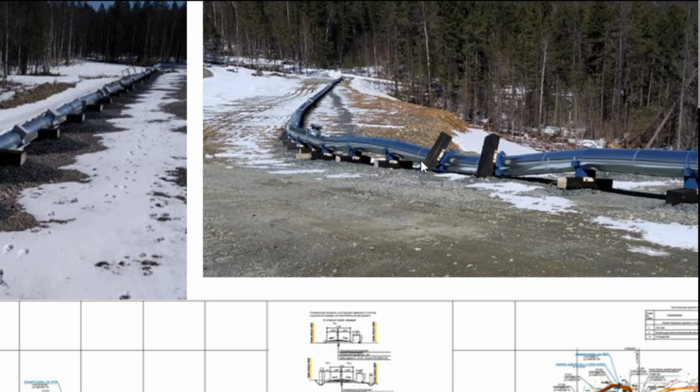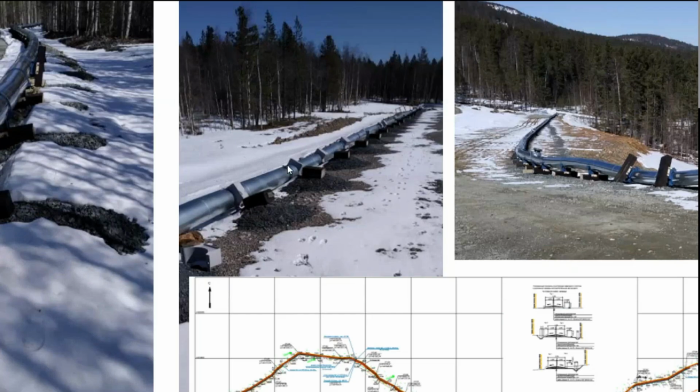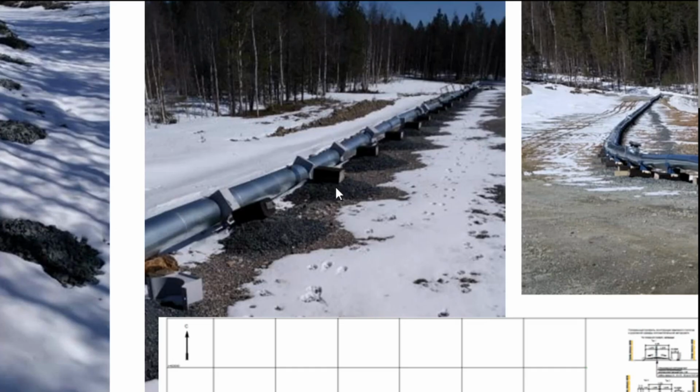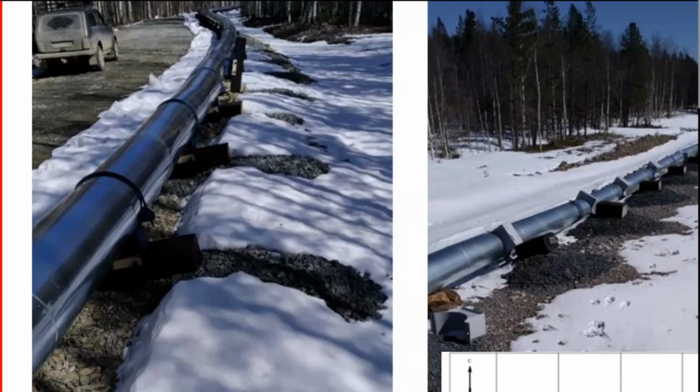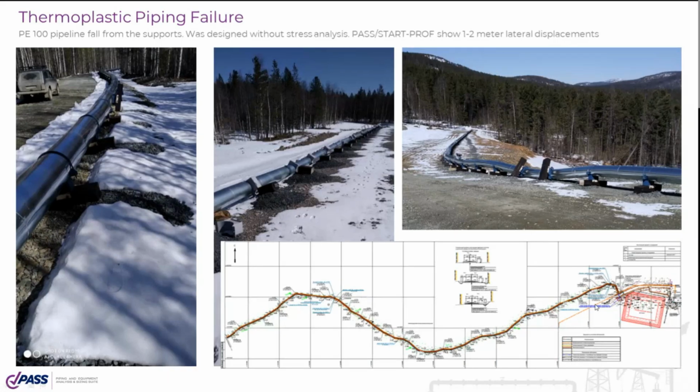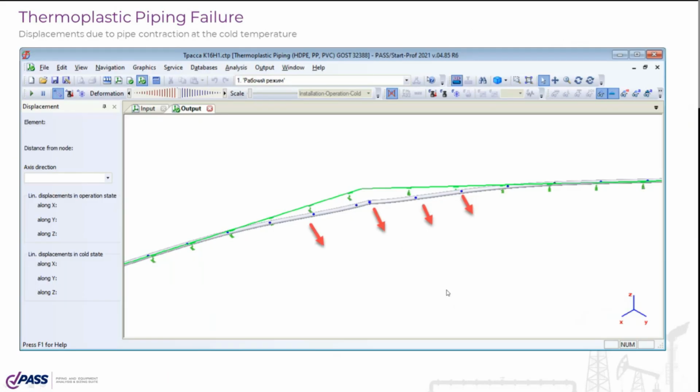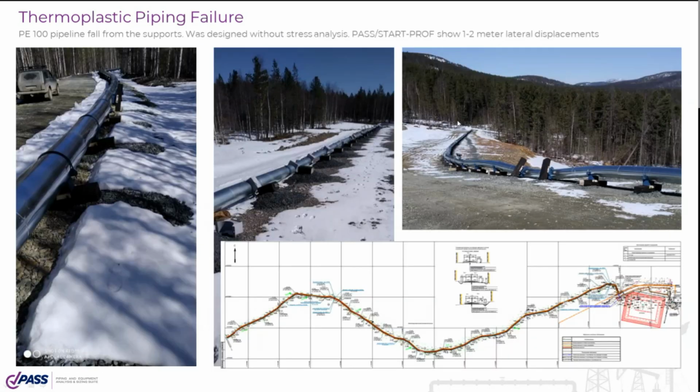And the problem was that the lateral movements of the pipe were very huge. It moved for several meters in the lateral direction, and some of the supports overturned, like you can see here. You see, some of the supports overturned, and here. So we performed analysis of this piping system in Staprov software because it was designed without any stress